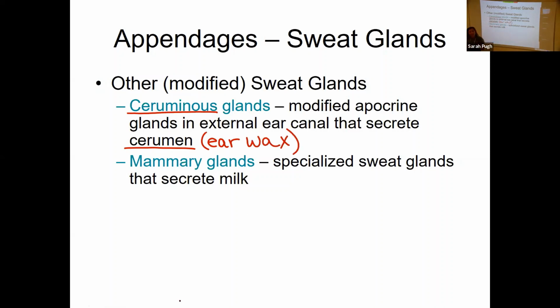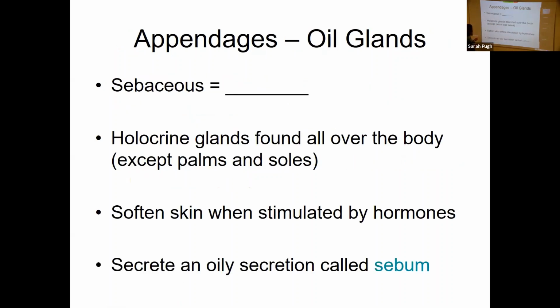And then we also have mammary glands, right? Mammary glands are modified sweat glands, and they are modified to secrete milk. Now, other than our sweat glands, the other kinds of glands that we have are oil glands. And the term sebaceous literally means,